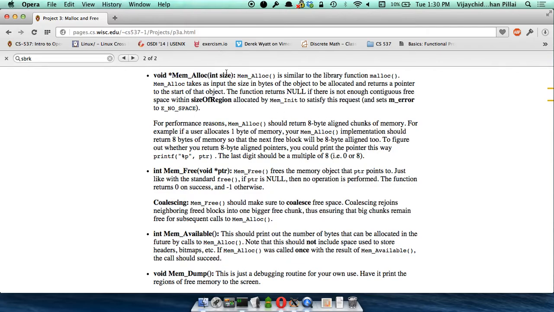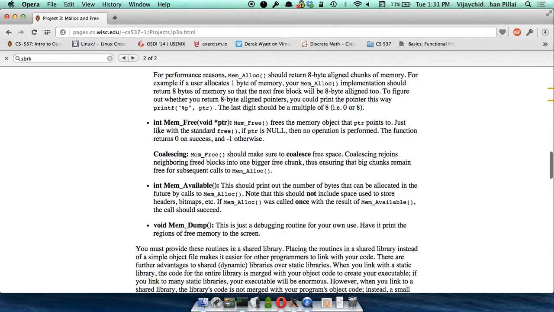Okay, so if they ask for a pointer of size 1, you should actually return something that's aligned to the 8 byte boundary. Okay, and then this just returns a pointer to the memory. So the calling process may just take that pointer and use that to fill it with whatever information they want. We're returning a void star pointer. As a standard practice, this can be cast by the calling process to whatever it wants. So this should be familiar to you.